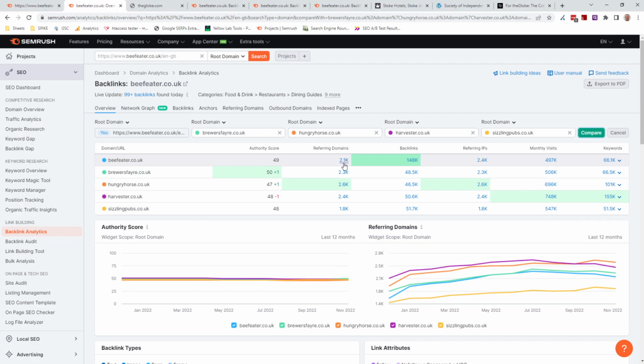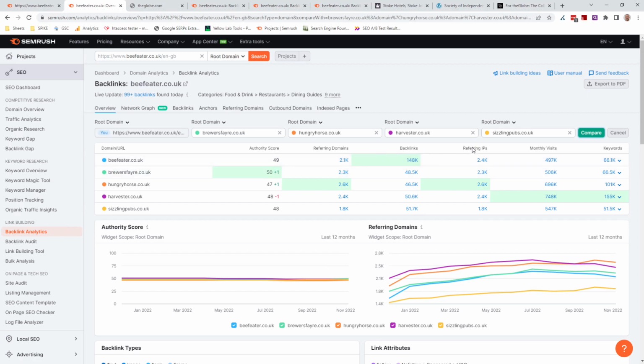I tend to look first at referring domains to find the value in those, which ones are quality that we would want to get a link from, and I'd worry more about this number than the actual total number of backlinks themselves, because this has more, 2.6k referring domains, but it has less backlinks. But I would say that this is likely to be the stronger backlink profile because of that variety in referring domains. So if you're getting 10,000 links just from one domain, that probably isn't really helping support their SEO particularly.